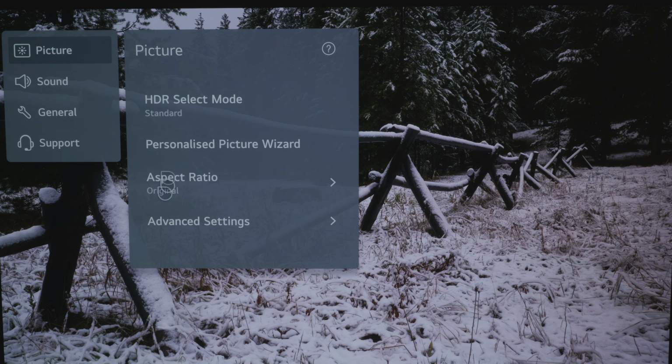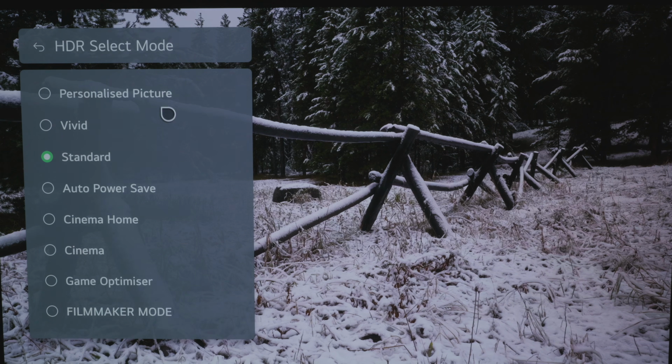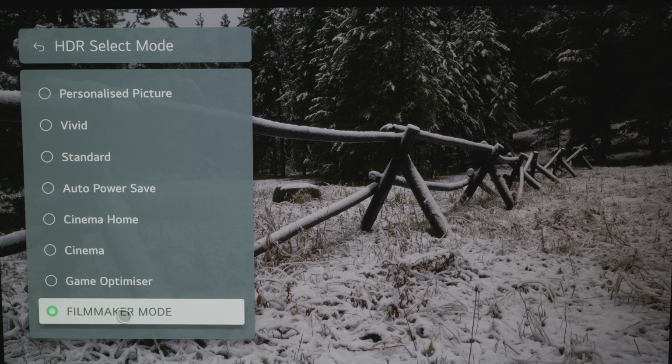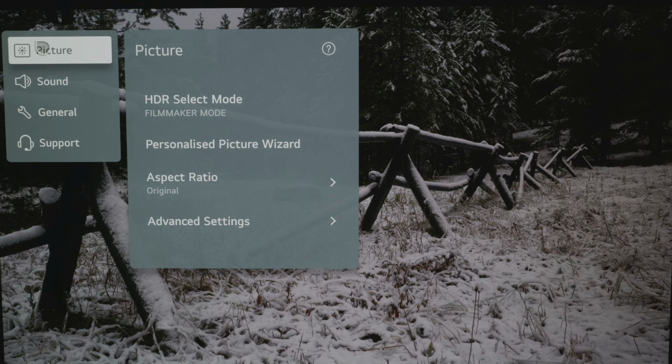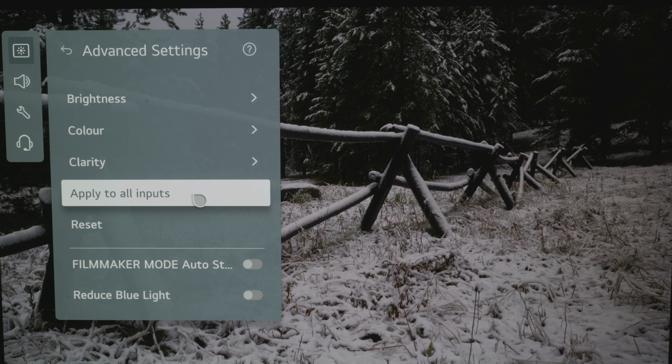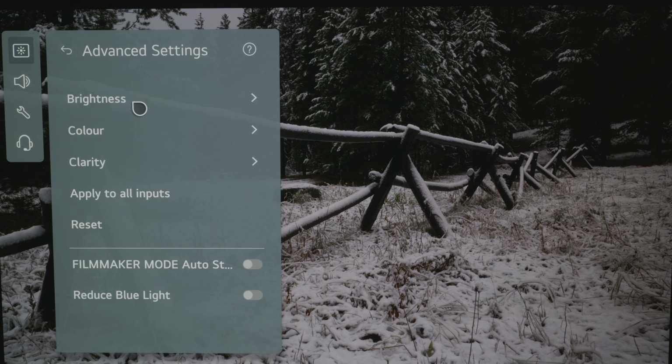So what we're going to do here, well, we've set the aspect ratio, we also set the power settings and everything right at the start of this video. So the only thing we need to do here, you guessed it, is go in here and change it to filmmaker mode. We're going to come out here quickly, advanced settings, and again, depending on the room that you're in,